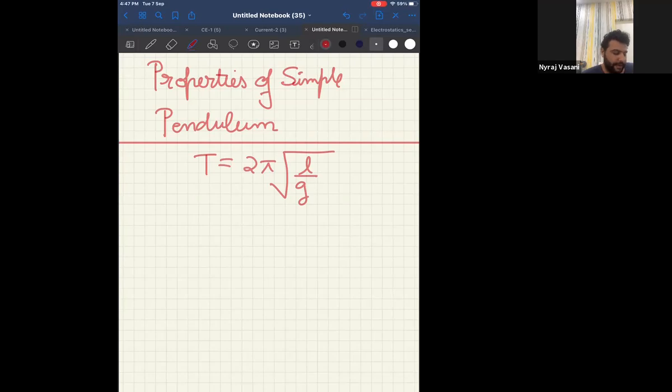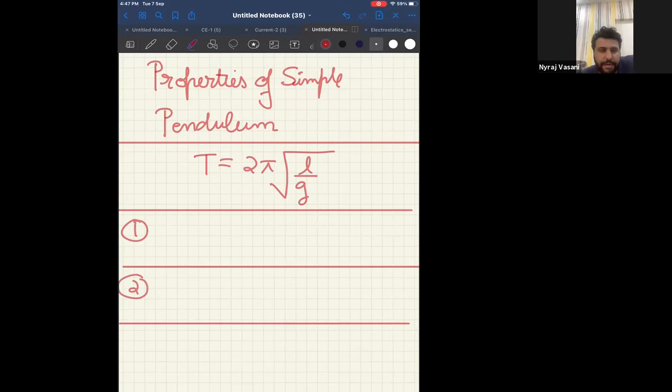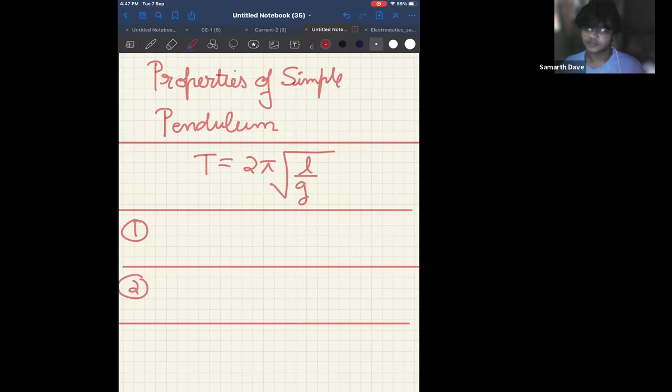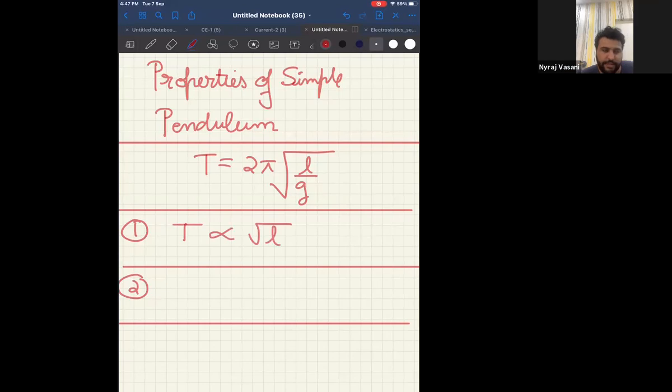Now, tell me, what does time period depend upon? Two or three things, or two things time period depends upon. Can you tell me? Looking at the formula, what does it depend upon? Square root of length of the pendulum. Can I say time period is directly proportional to square root of length? Yes. And sir, can I also say time period is inversely proportional to acceleration due to gravity? Looking at the formula. Also, can I say that time period is